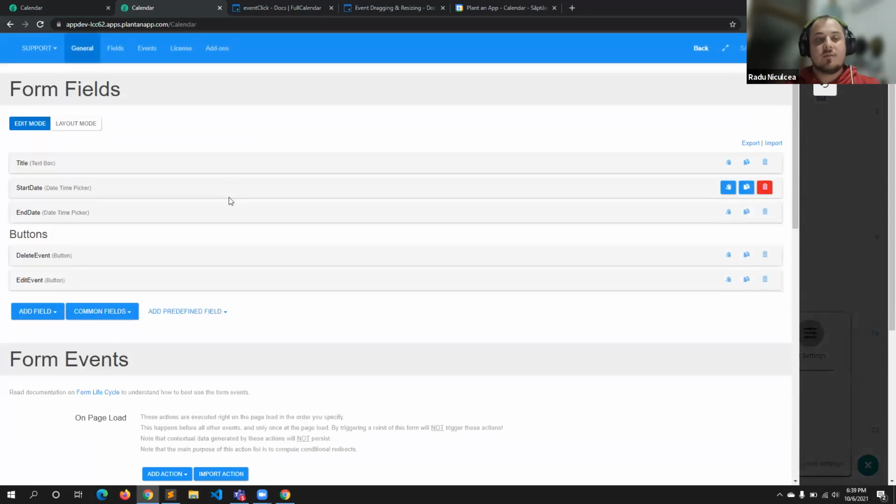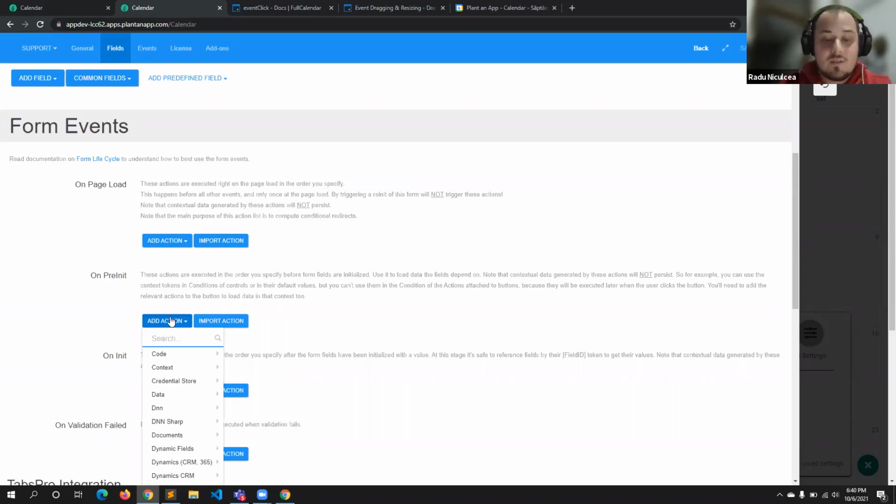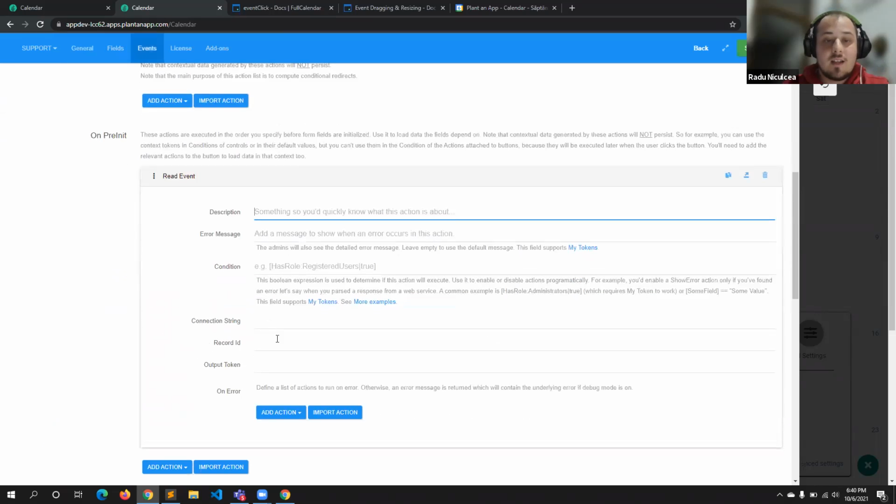To pre-populate a form, in case you want to edit a record in one of the entities, the best thing to do is just search for the read action that's gonna bring you all the data. You don't need to write any SQL or any kind of code. So the easiest way is to use the read event action, and pass what event you want to read.